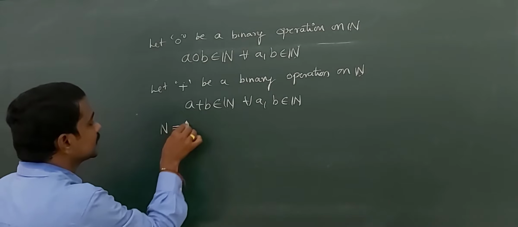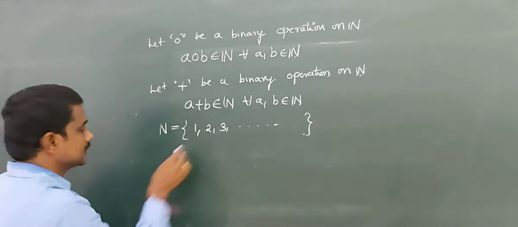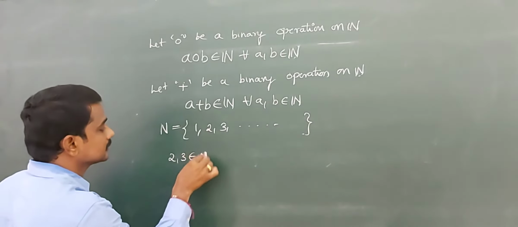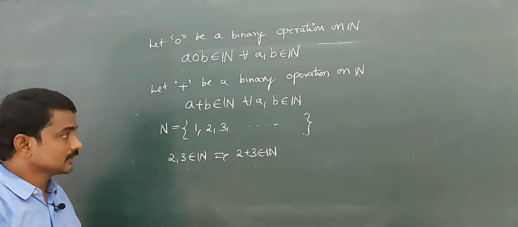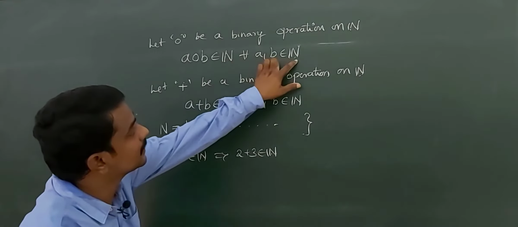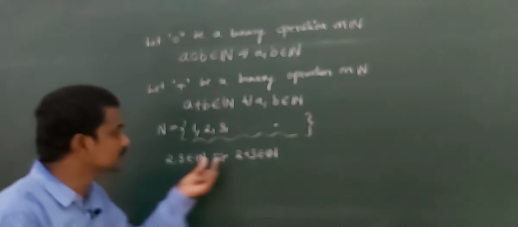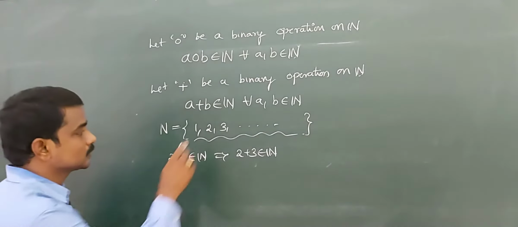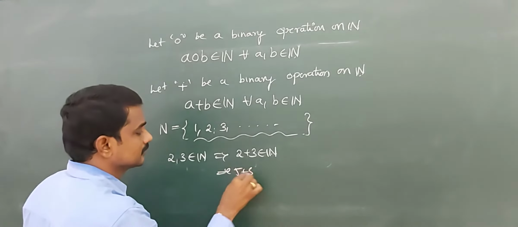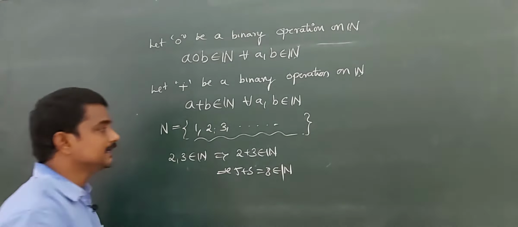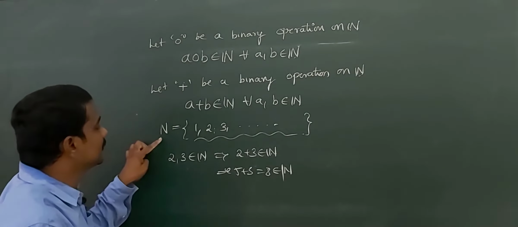N లో ఏ ఎలిమెంట్స్ ఉంటాయి అంటే set 1, 2, 3, and so on. Here we take 2, 3 belongs to N, that implies 2 plus 3 belongs to N. That satisfies for all a, b belonging to N. అంటే ఇందులో ఏ ఎలిమెంట్స్ తీసుకున్నా, ఏ పెయిర్ ఆఫ్ ఎలిమెంట్స్ తీసుకున్నా వాటి యొక్క ఎడిషన్ వచ్చి ఎందులో ఉండాలి, న్యాచురల్ నెంబర్ సిస్టంలో ఉండాలి. అంటే 2 plus 3 belongs to N, 5 plus 3 means 8 belongs to capital N. Any two elements of the set belongs to that set. The addition is a binary operation on N.